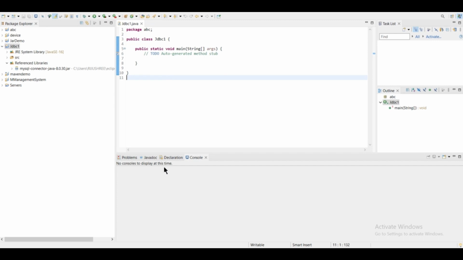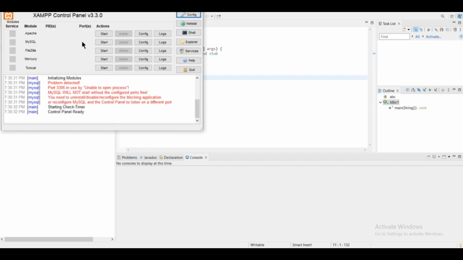Now at first we will open our XAMPP control panel. In my case, I am using MySQL of XAMPP server, but you can use MySQL of MySQL Workbench also, or MySQL itself also. It varies. You can use MySQL servers of any kind, but in my case I am using XAMPP server. So I am opening my XAMPP server and I am starting the Apache and MySQL, as you can see, and then I will open the MySQL admin by just clicking on the admin beside the MySQL,